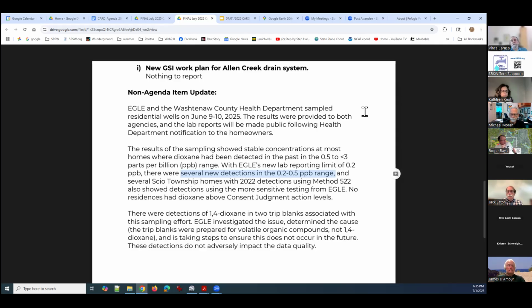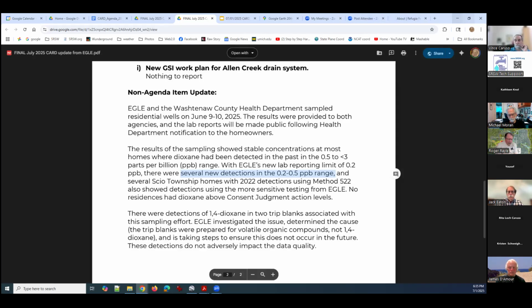Sure. The fact that EGLE seems to be having trouble uploading this data to the database. Have you been involved with that at all? I have not. Because when SCIO did their sampling, first of all, it's important to name the well consistently. And the consultant doing the sampling for the township didn't do that, so you couldn't match up with the township's database for that property. And you couldn't match up with the county's or EGLE's